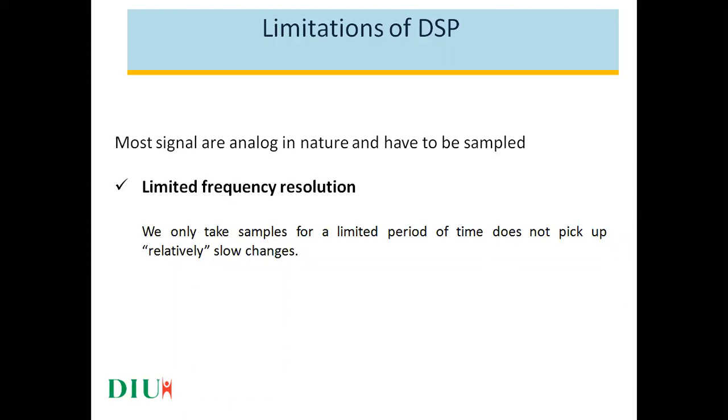If the assumption is made that the signal is periodic, and you take only a small first period of time, and in that first period you take only a limited number of samples, then there is a problem of resolution, that is, relatively slow changes. That is why it has to be sampled at the Nyquist rate.